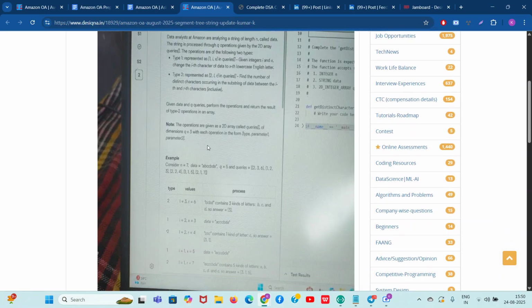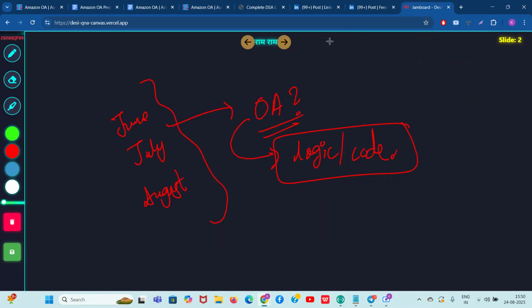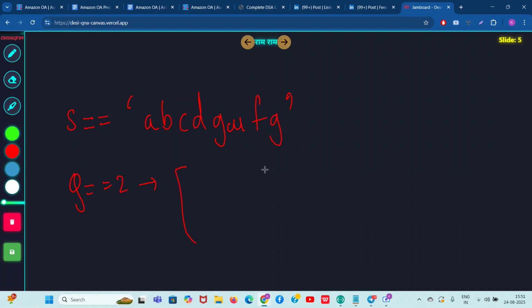So how do we proceed to solve this problem? First I think I should give you some examples. We will consider one based indexing of the string. Let's say the string is given like this: A B C D G U F G. Now, let's say there are two queries given to you, queries of type 1 and queries of type 2.